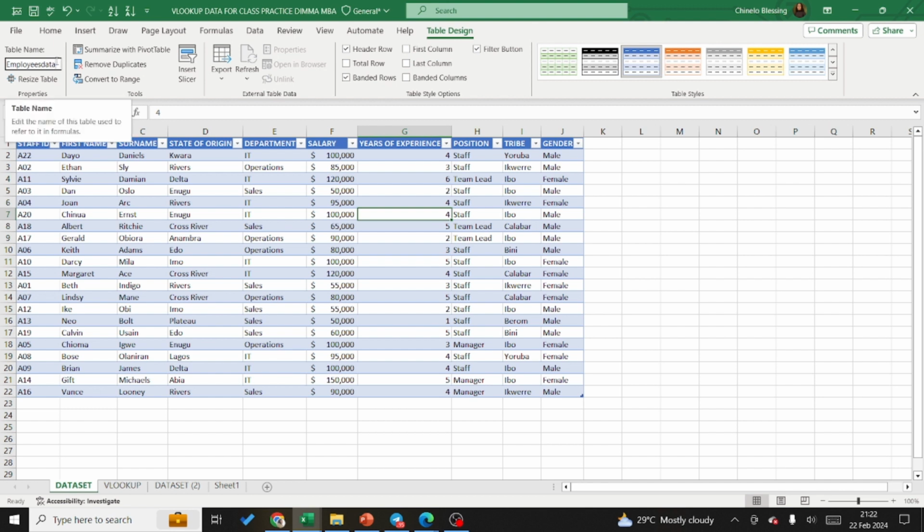Are you seeing the name I typed? Yes, "EmployeesData", together. There's no space because Excel does not recognize it. You hit your Enter. That is the first step